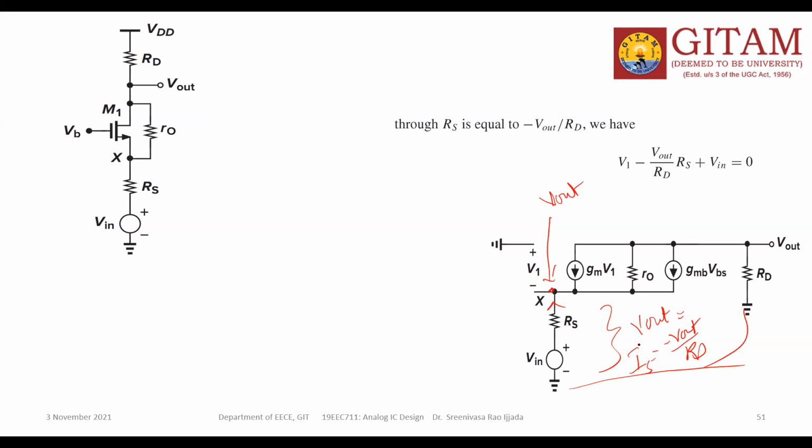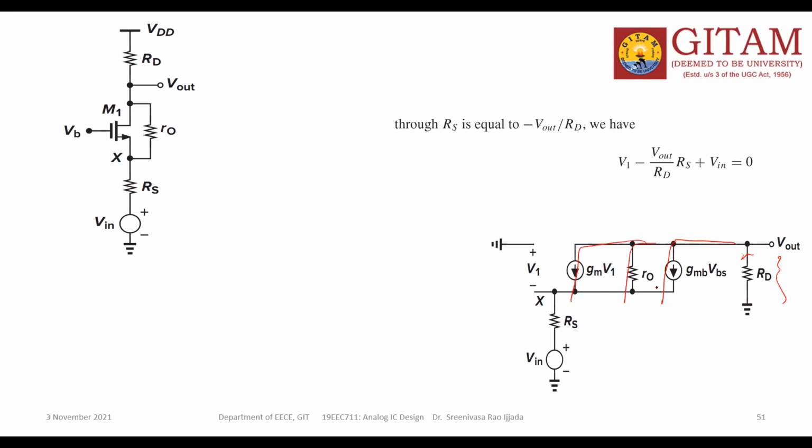Otherwise, you can say it with a very simple understanding. Let us say V out is here, and this is RD. Then you know the current flowing in this one is V out by RD. This current comes like this and splits, and again all are adding and coming to this. So whatever current you calculate here and here, both are the same. What is the amount of the current here? Minus V out by RD.